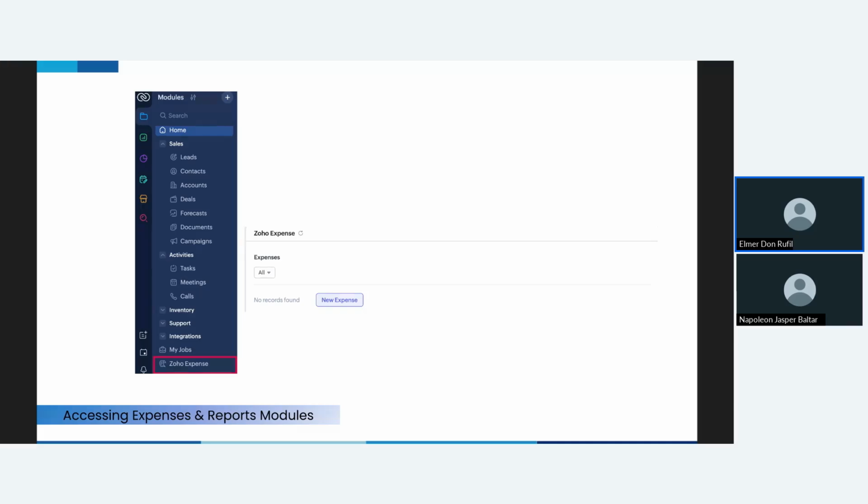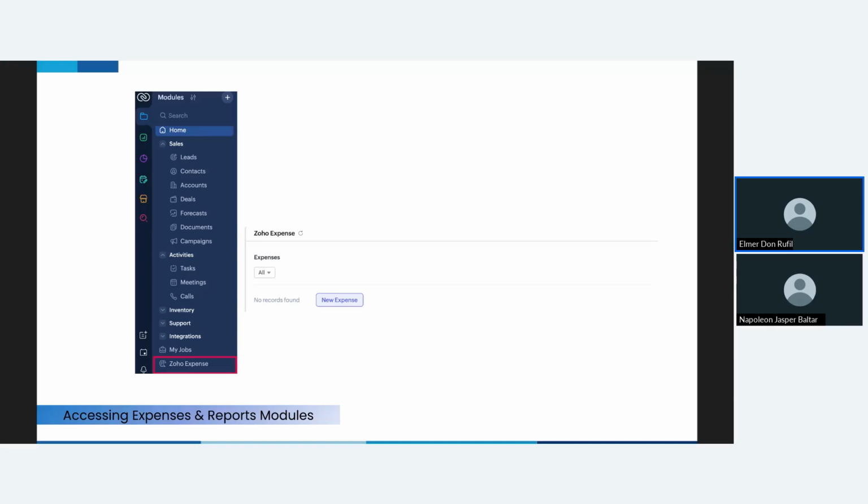So from here, you can perform several key actions. So you can manually record expenses by entering the required details such as amount, date, category, and customer or project association. You can also upload or drag and drop receipts, which helps automatically attach supporting documents to your expenses for